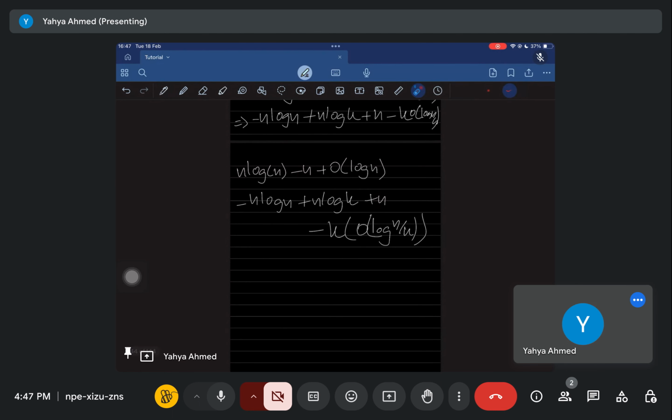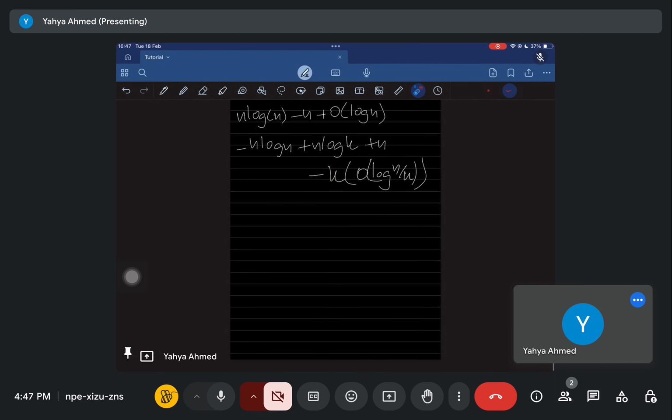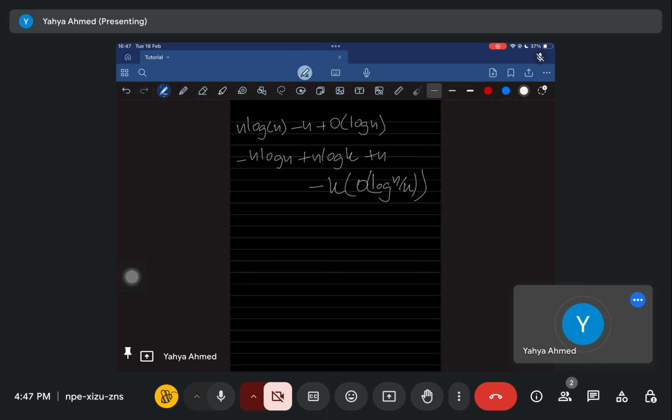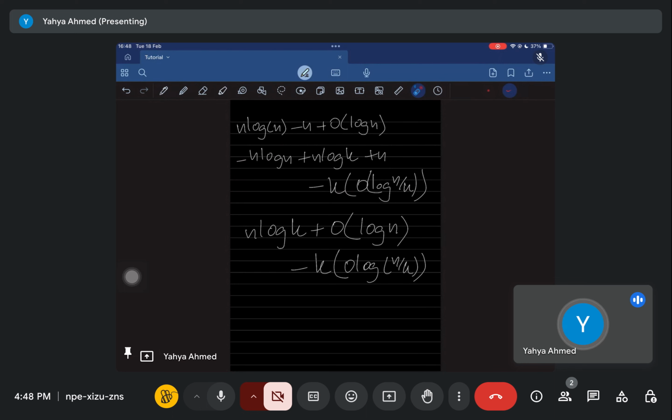And this and this cancel out, so you're only left with O of log n, this guy, and then n log k, which means the total runtime is going to be n log k plus O of log n minus k times O of log n upon k, right? So we've essentially gotten our lower bound where you make at least n log k comparisons